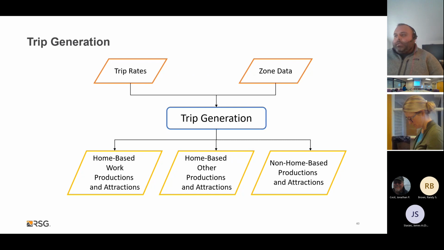And so we can stratify these by more than just purposes. We've talked about income, and it really depends on what those stratifications should be based off regional travel characteristics and data availability. And we can also divide the travel analysis zone into various levels of residential densities or area types, like CBD, CBD fringe, urban residential, suburban and rural, and we can get different home trip generation rates that vary based off of your area type or where you live.